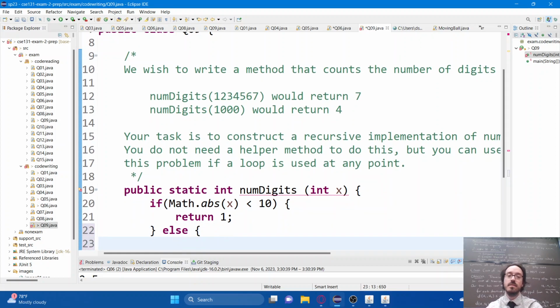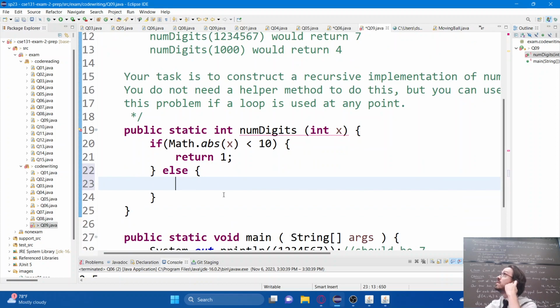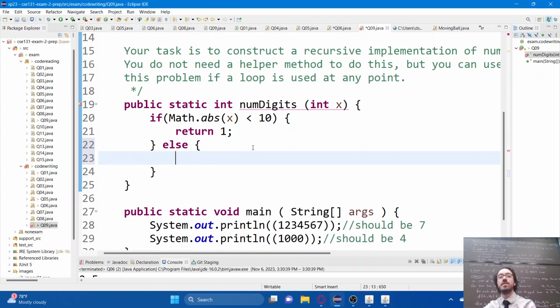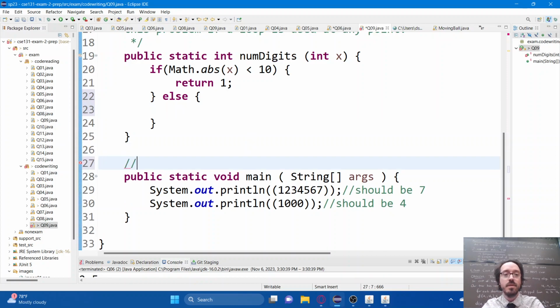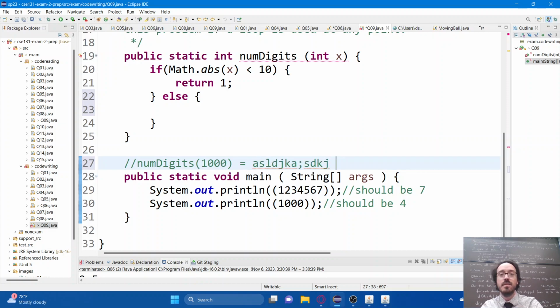Okay. So, this is the tricky part. If it doesn't, if it's greater than 10, we have to figure out how can I do this recursively? What's the recursive substructure, to go back to a conversation that we were having earlier? So, if I have the number of digits for 1,000, that's going to be equal to something that includes number of digits